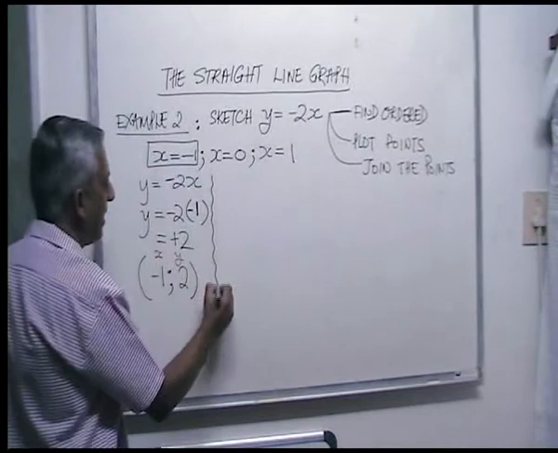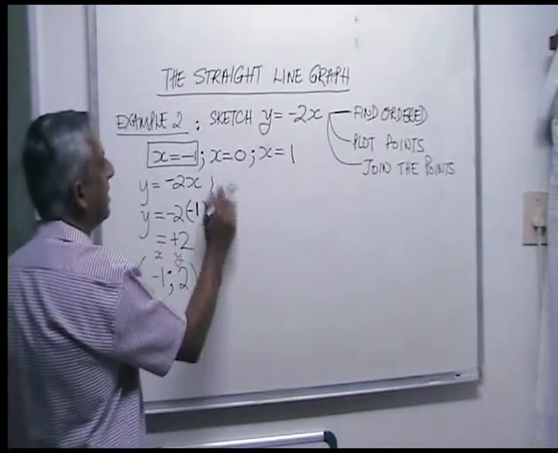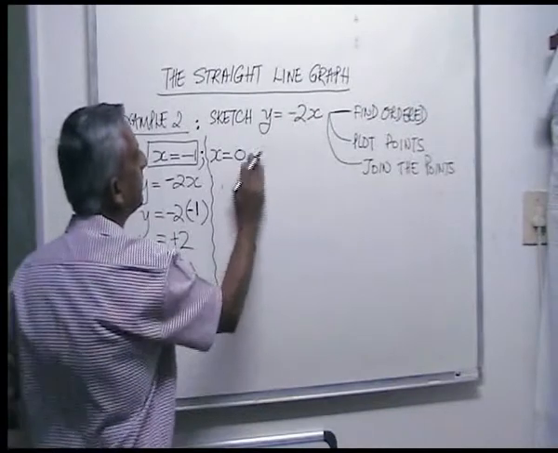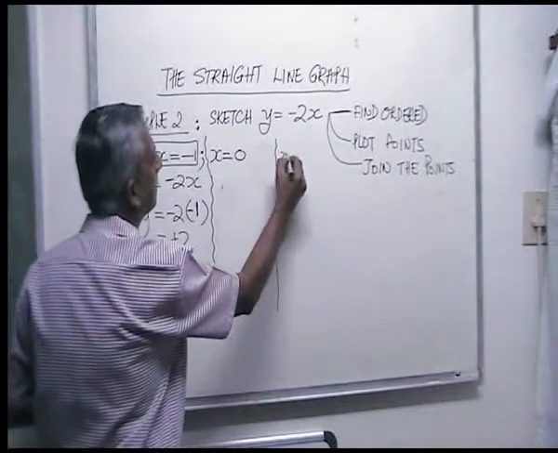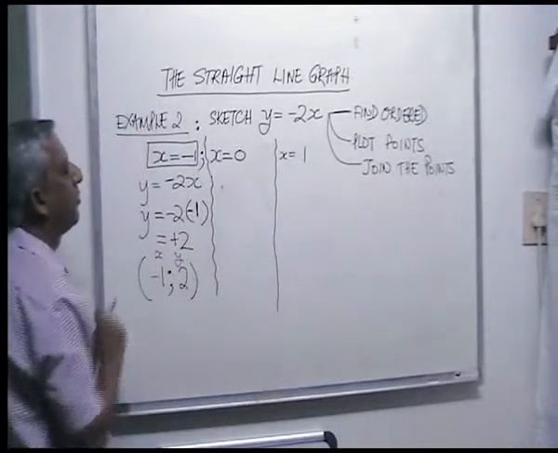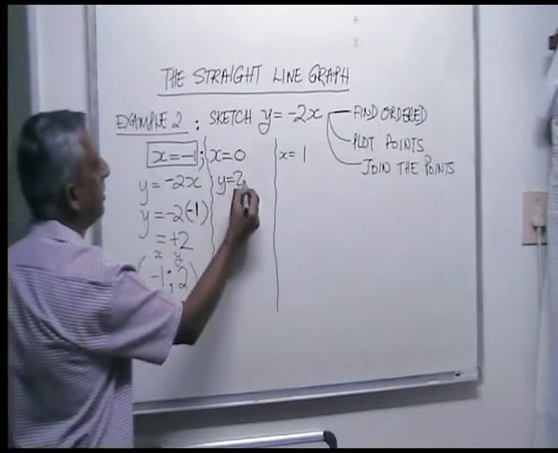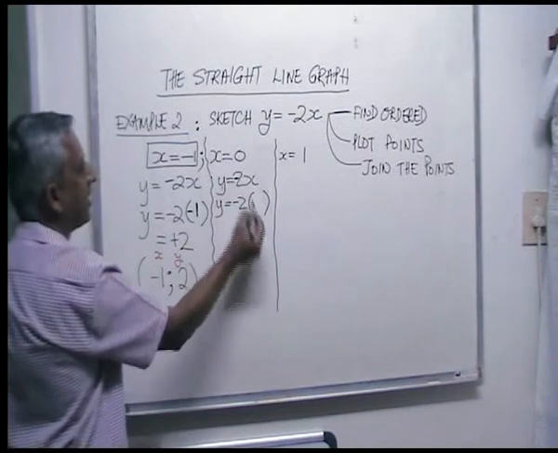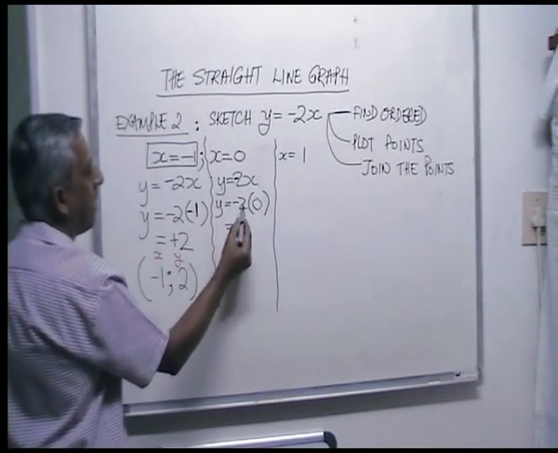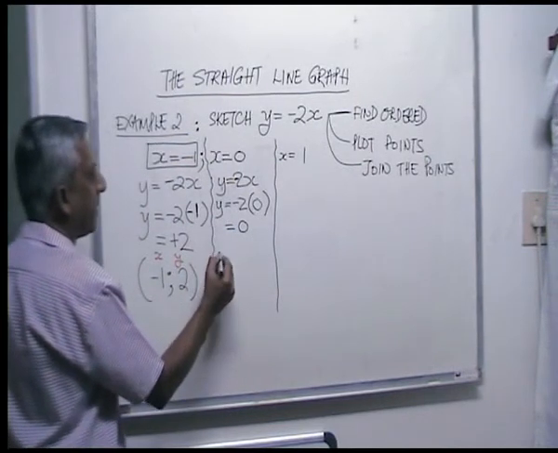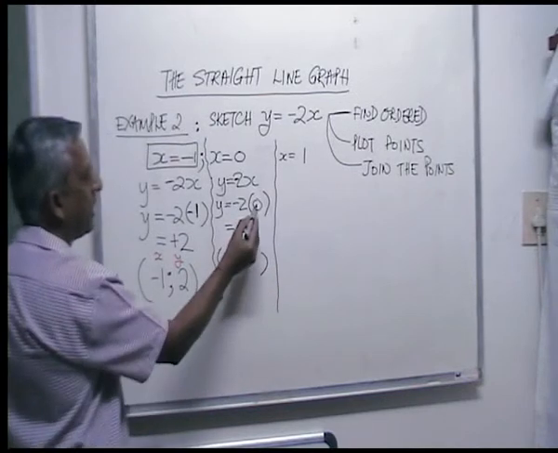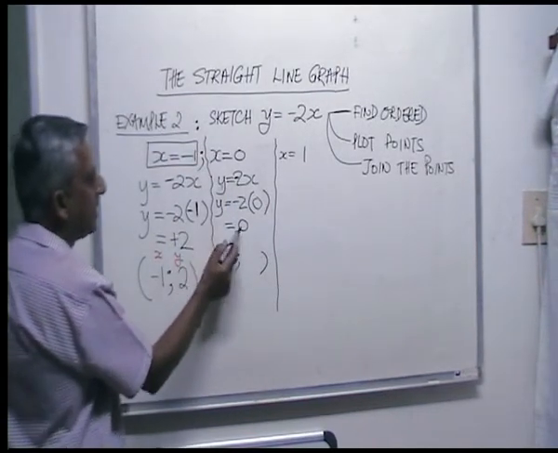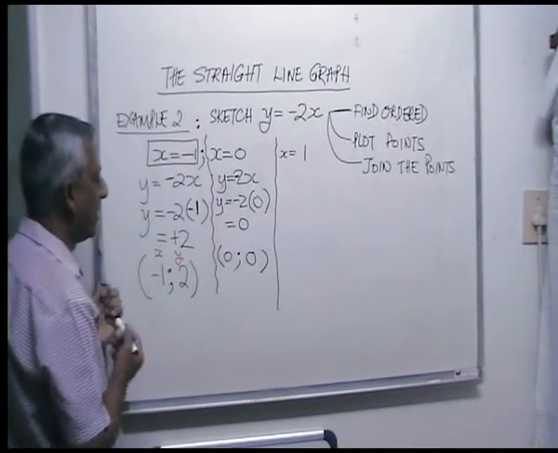Now let's do this example again. This time we're doing the working for x is equal to 0. So y is equal to minus 2x. So y is equal to minus 2 times x. Now this time x is 0. So minus 2 times 0 is 0. So this time the ordered pair is, you started with x equal to 0 and you're ending up with y equal to 0. So you've got an ordered pair, x is equal to